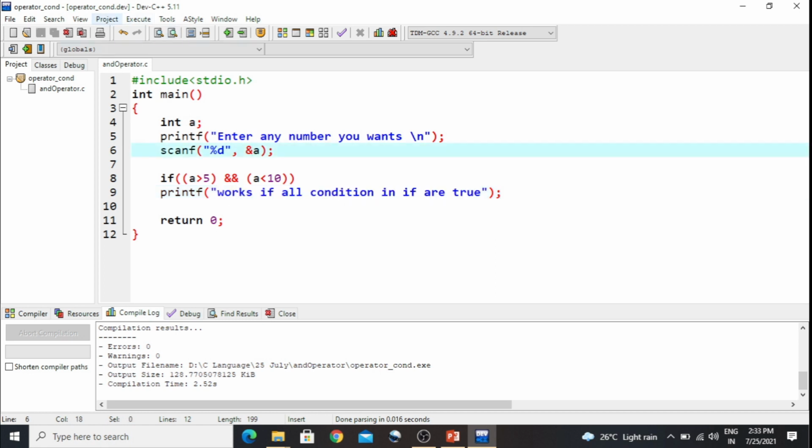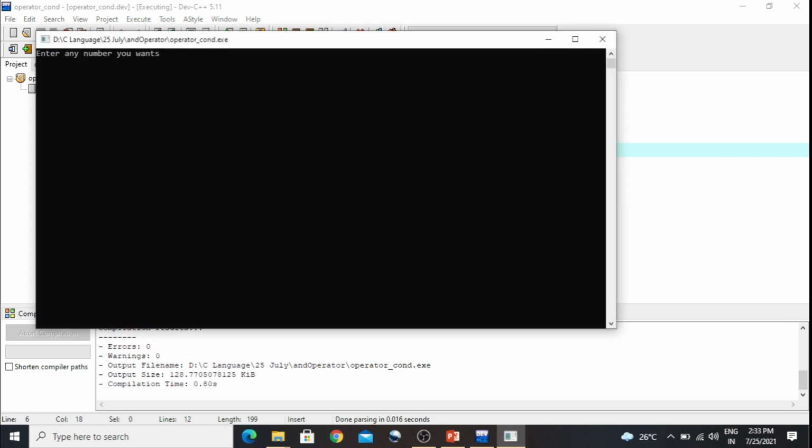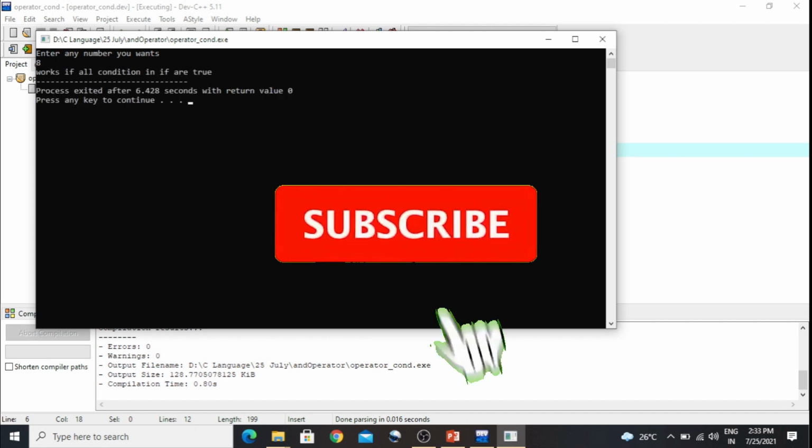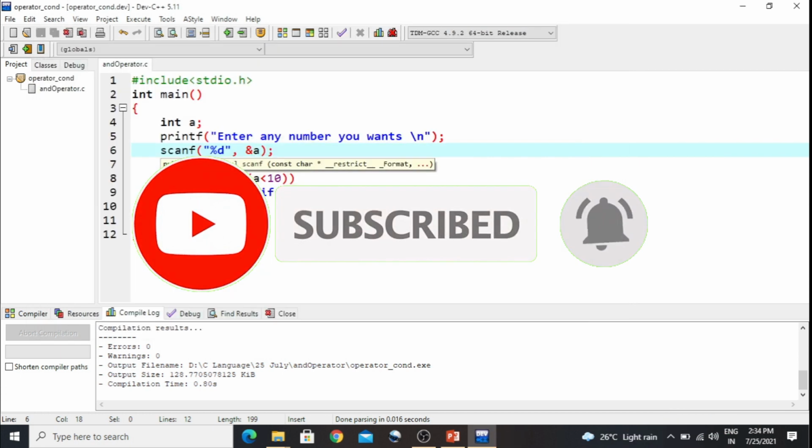Let's execute the program. Enter any number you want. If I take both conditions true, suppose 8, then the statement will be executed. It works if all conditions in the if are true.